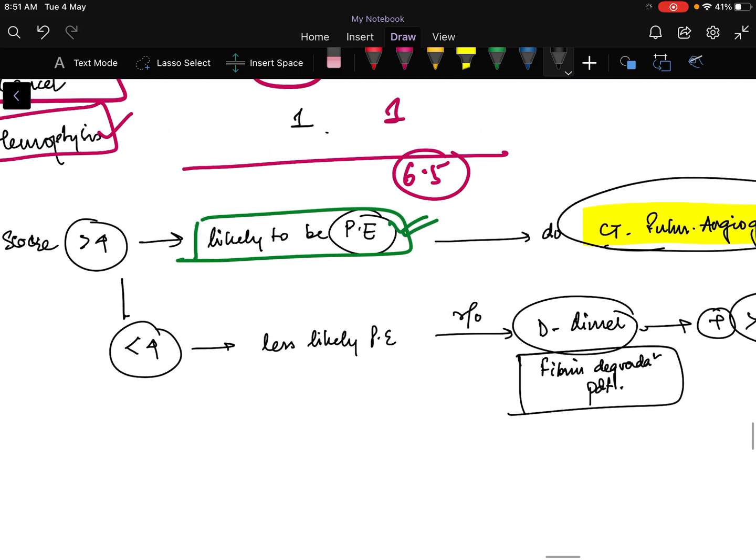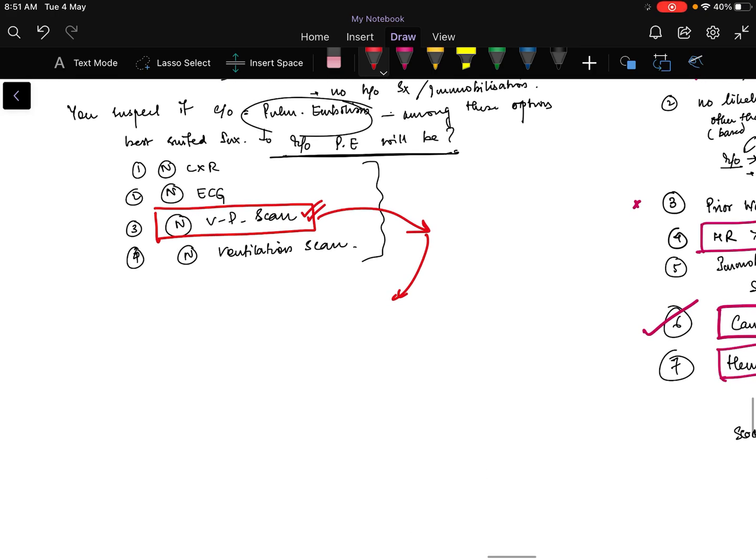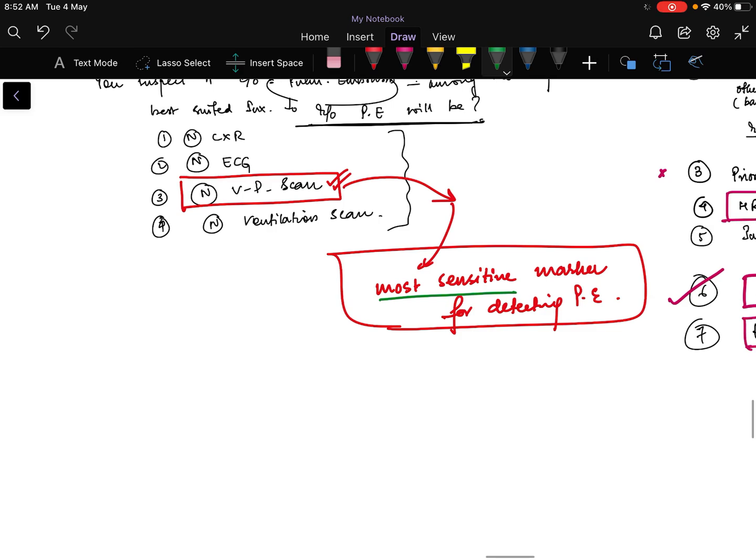Now next what we do here is, in our question they have not asked for the definitive investigation of choice, but rather they have asked how to rule out pulmonary embolism by the following general tests that we do. How to rule out? If it comes negative, that means if it's a normal scan, it is likely telling me that there is no chance of pulmonary embolism. So out of these, the most sensitive marker is a normal ventilation perfusion scan. Now the normal ventilation perfusion scan means the most sensitive marker for detecting pulmonary embolism, right? So it's the most sensitive one. How we go further, that